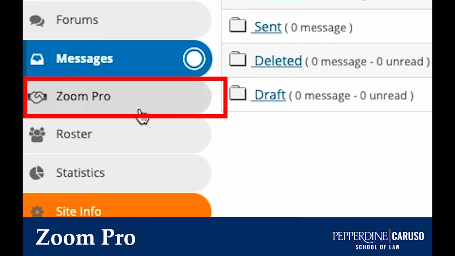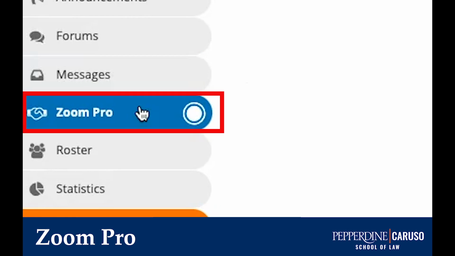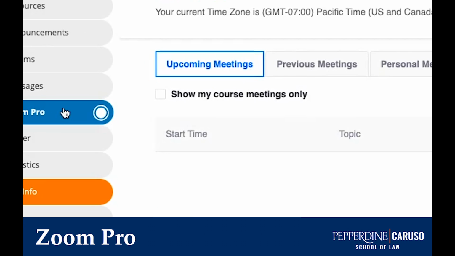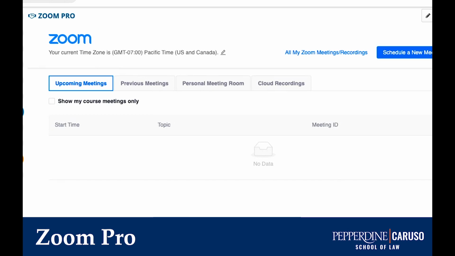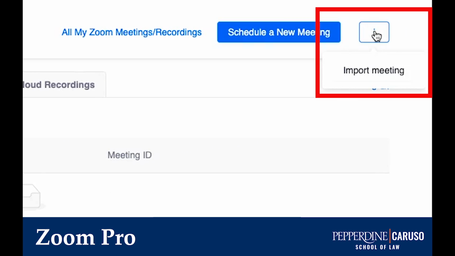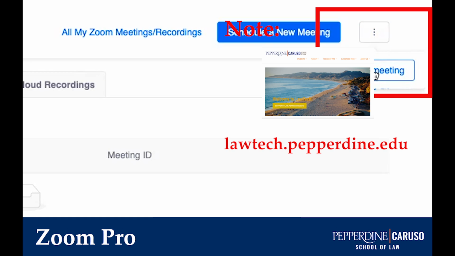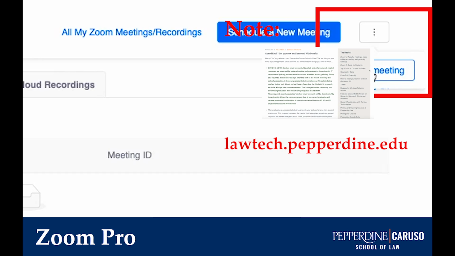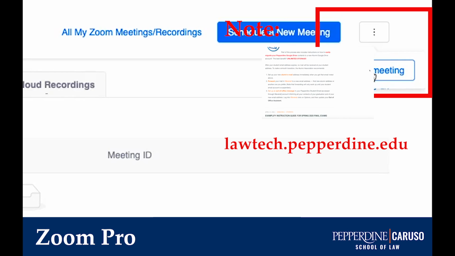So now we will go to Zoom Pro. There will most likely not be much use of this tool for this particular CSOL online teaching site, but in general, for your personal class use, the Zoom Pro tool is where you want to schedule the Zoom meetings for your personal classes. Note that up here, if you click these 3 dots that represent more options, you see that you have the option to import already scheduled meetings that you may have created the other way through your